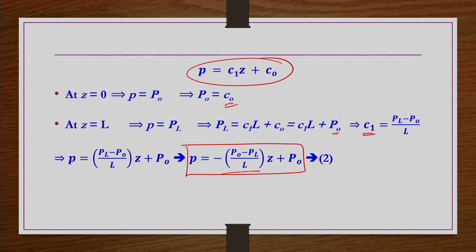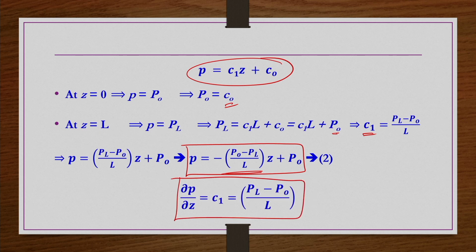This is nothing but you can take it as minus delta P by L. Okay. So, what you understand from here? You understand that pressure is a linear function of z. It is a function of z, but this function is a linear function, that is what you understand. Okay. Or dou p by dou z is equal to minus delta p by L, that is what you get from this equation. So, this is going to be useful anyway, right.